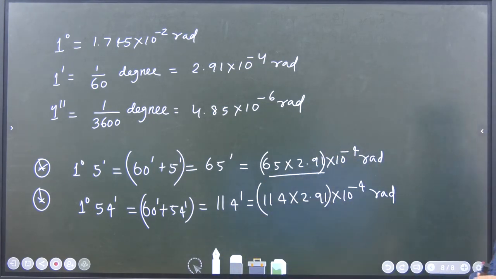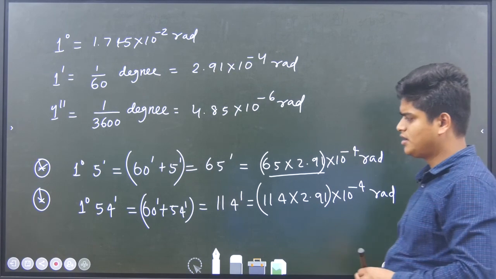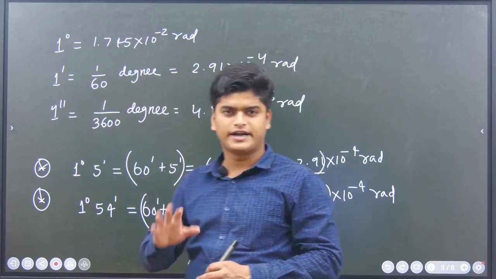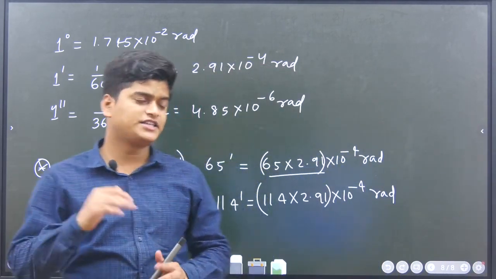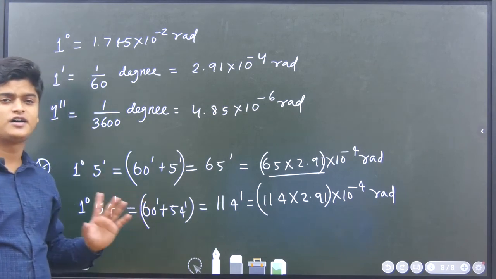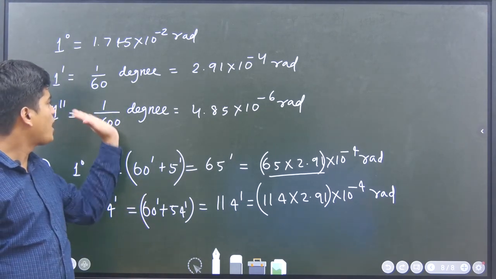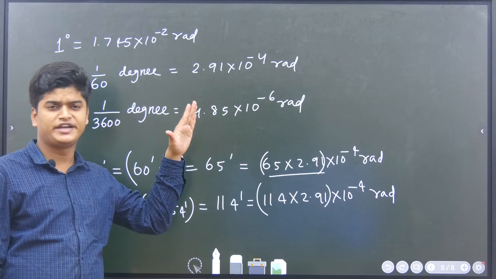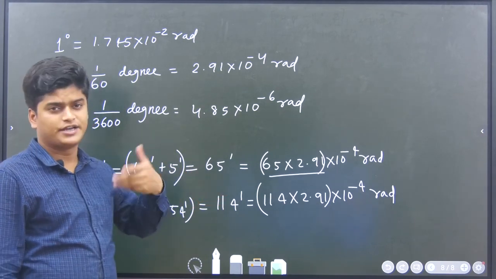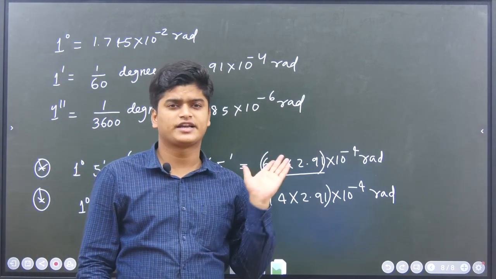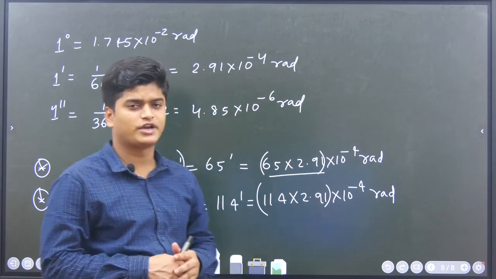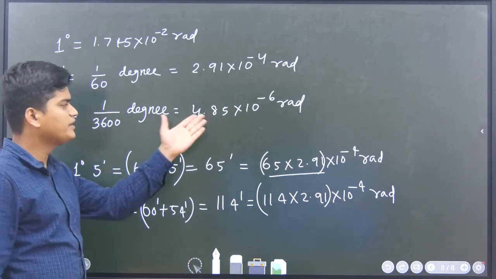Okay. So, while taking the angle, mostly they will give it in either degree or radian. If it is given in minute or second, then there is no need to worry. You know how to calculate from degree to minute, minute to second, degree to radian, minute to radian, and second to radian also. Then you can easily find the value of second in radian also.